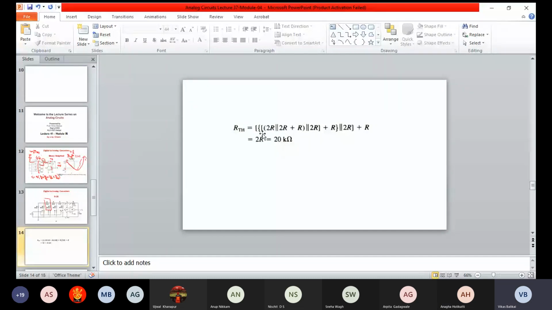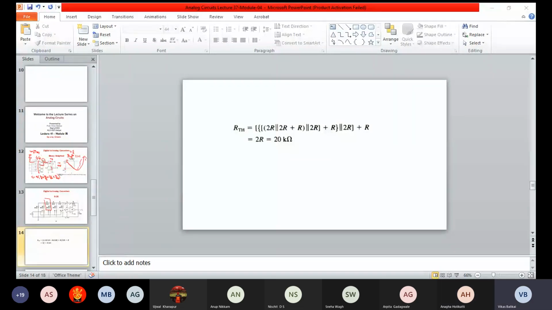So now you can just try it out. Anyhow, I'm going to show this in the next class when I'm using the whiteboard, because right now using the cursor it will be difficult for me to solve. But the thing is, keep on solving this equation using the parallel resistance and series resistance equations, and definitely I'm going to get this particular value. No issues about that. But anyhow, I'll be showing it because in the next class I need to be solving a problem on this. At that point of time, I'll be showing you how exactly this Thevenin equivalent resistance will be coming over here. Fine.